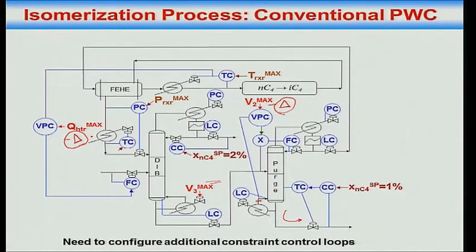Also notice that when a constraint becomes active, I need to install a loop. That valve positioning controller has to come in, and when the constraint becomes inactive, that controller has to be taken offline. Yes or no? So there is the additional complexity associated with configuring loops when a constraint becomes active. The other option is don't configure the loop, and then whatever is leaking down the bottoms in the purge, well, you live with that. It may be more, it may be less, I don't give a damn about the economic penalty associated with that. That's fine. But if you do care about the economic penalty, you will have to configure that loop. Yes or no?